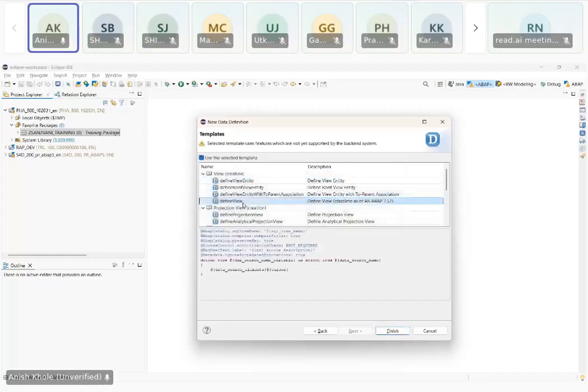But as of now, we want our view at AC11 or AC16. So for that reason, I'm choosing the define view option. Now click on finish. Once you click on finish, the request prompt is an auto local request. Why? Just